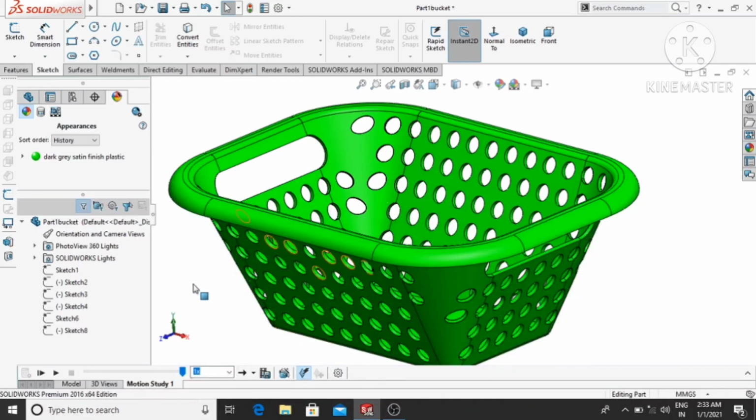Today we are going to design a simple fruit basket in SolidWorks. So let's see how we create this model in SolidWorks. In this video I will show you many commands like surfacing commands, extruded boss base, trim command